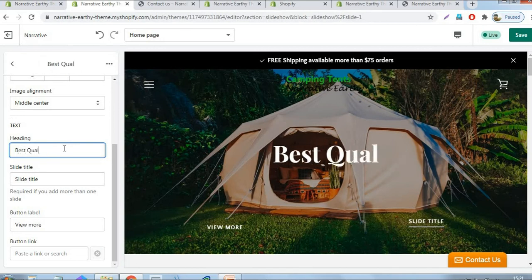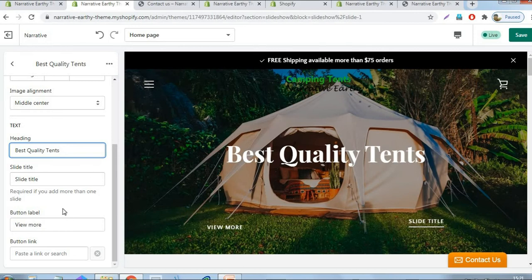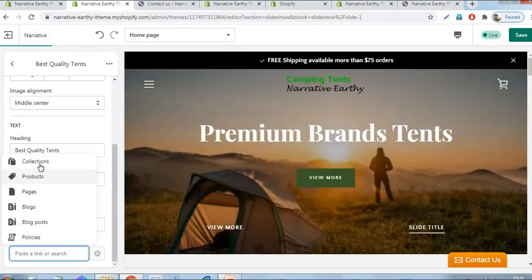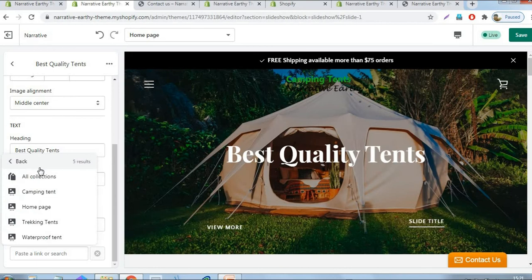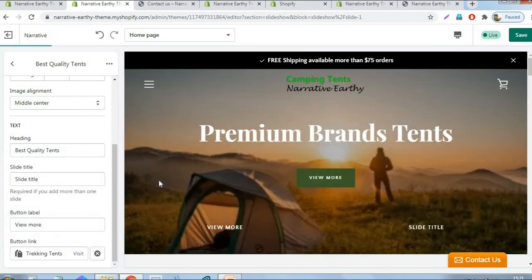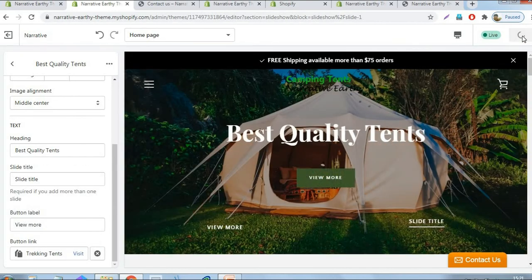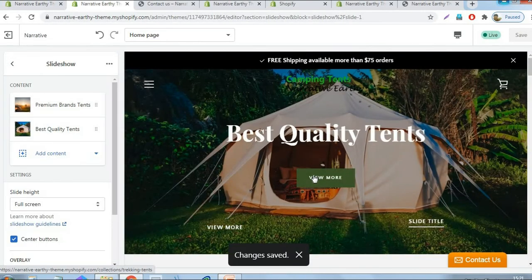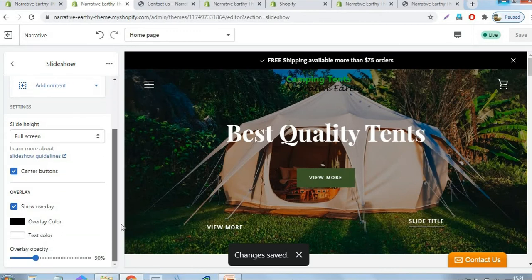Best quality. Okay. Then do the link, elections, entrance. Then click the save button. We completed the slideshow in our store.